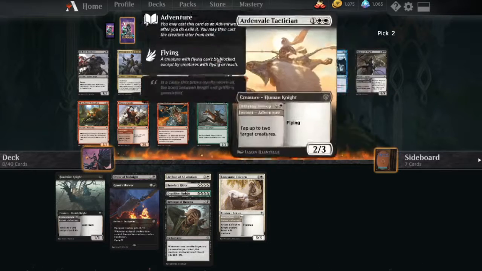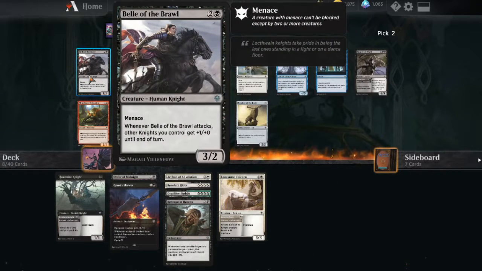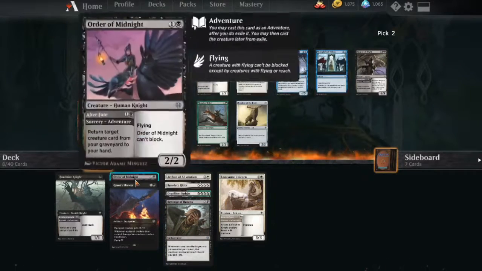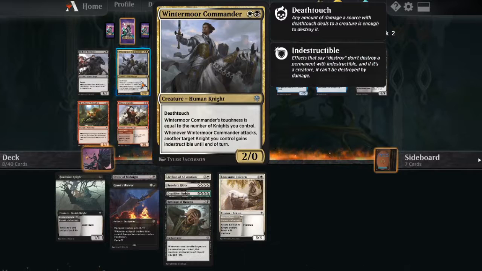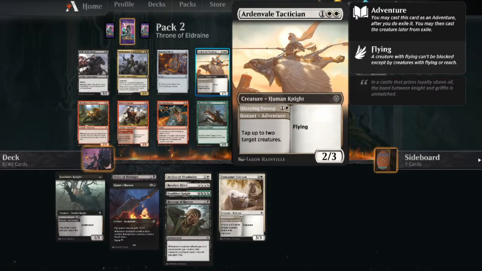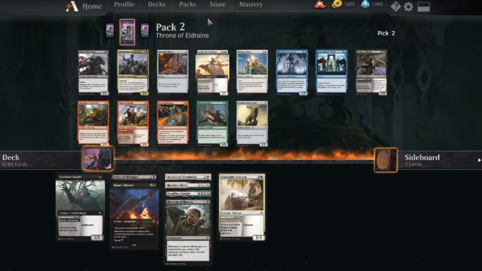Okay. Wow. Okay. Ardenvale Tactician is very good. Bell of the Brawl. I've honestly never played with Bell of the Brawl. Let's see how many. I got some knights here. I would stick to my mono black plan. Wintermoor Commander. That's okay, but honestly, Ardenvale Tactician might be just better than both of these cards. It's just a very good card. A 2/3 flyer for 3 with a built-in tap 2 creatures. Very good in an aggressive deck, but I guess this is more...